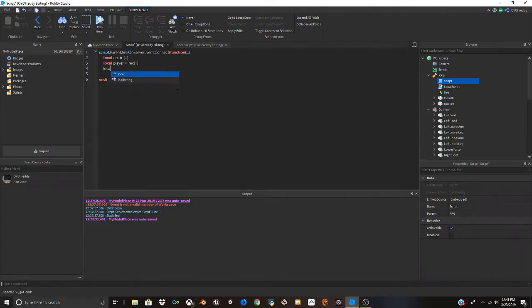So the information that we sent, which is the mouse.Hit, the CFrame that the player clicked at with his mouse, will be the second value. So local mouseHit equals res2. Now, what we want to do is spawn a new rocket and send it flying forward at this mouse hit. So local new rocket equals, actually before we do this,